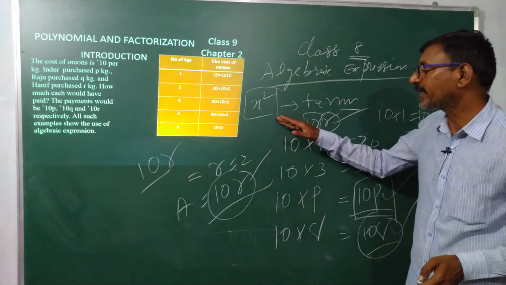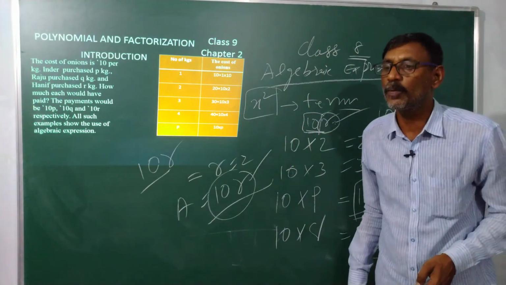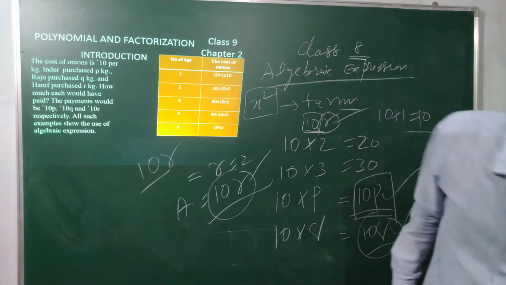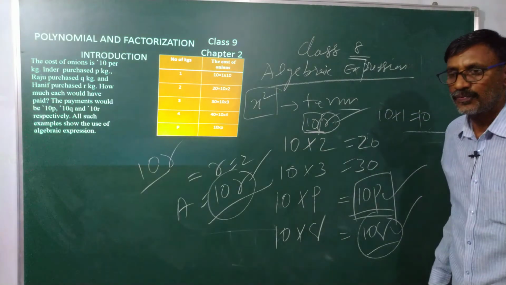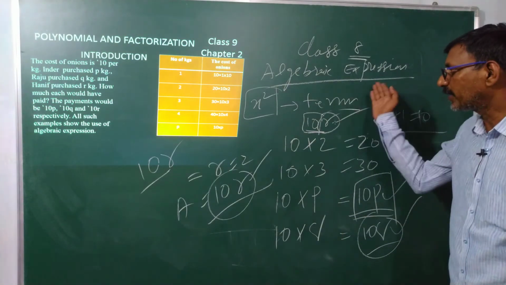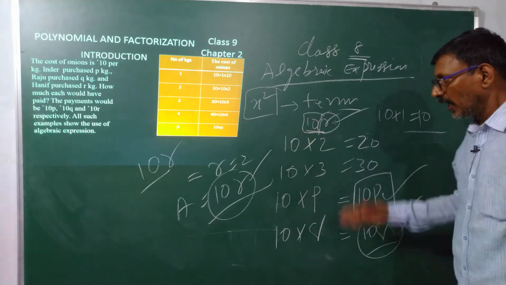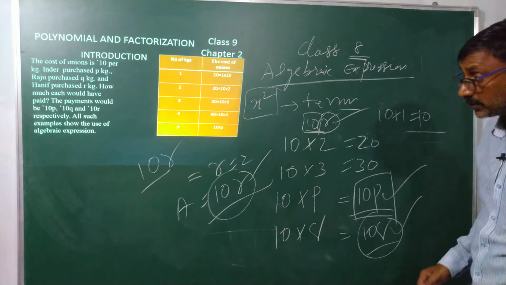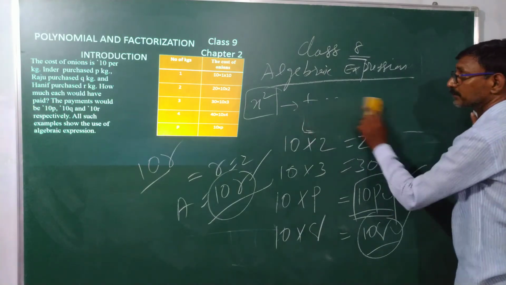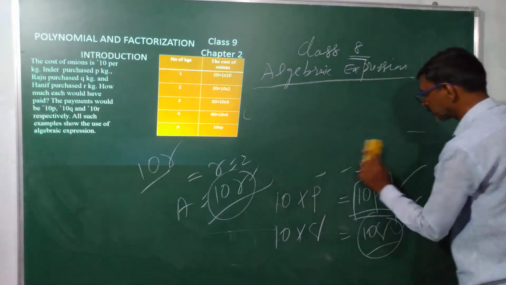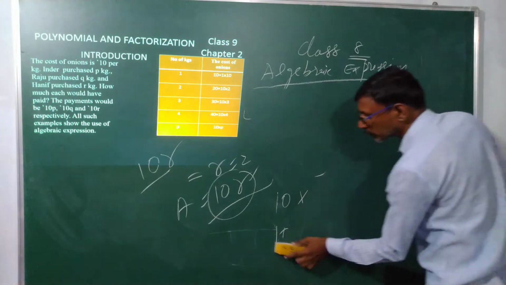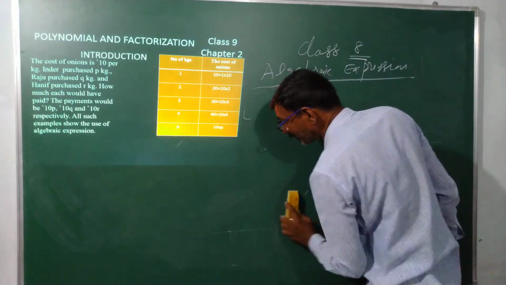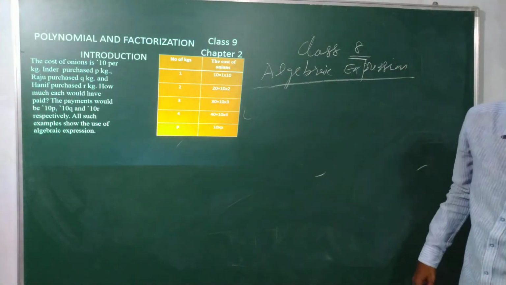So my algebraic expression contains so many terms. These terms can be expressed with plus or minus. This is also very, very important. My algebraic expression contains so many terms. Suppose if you take a small example,